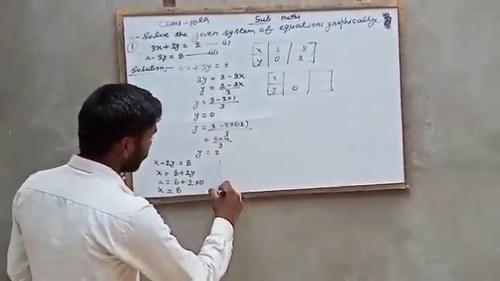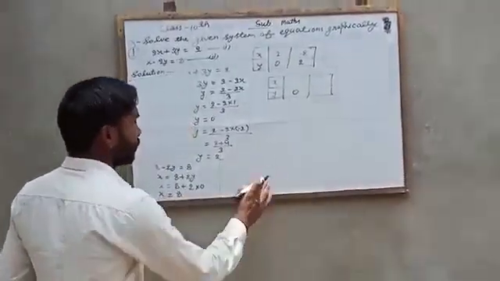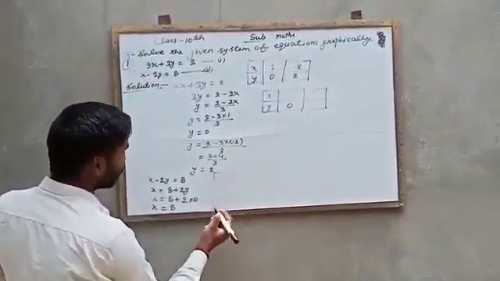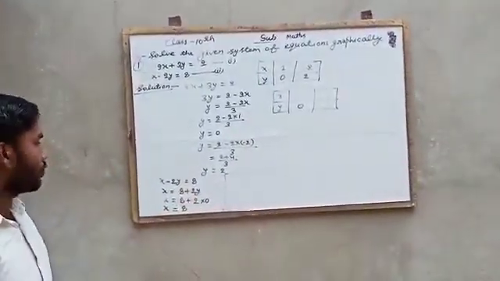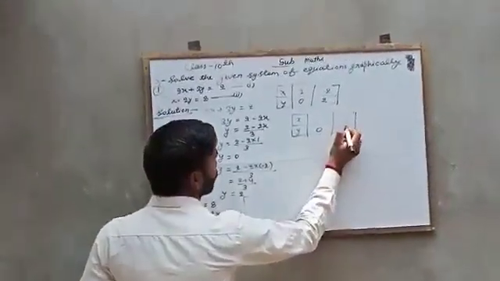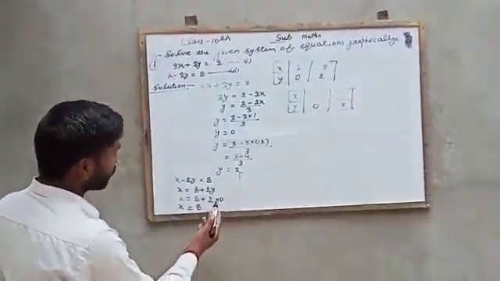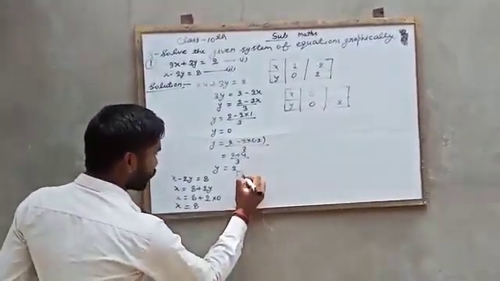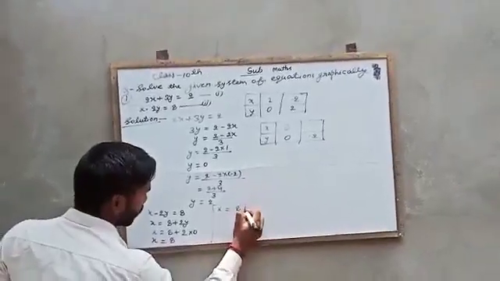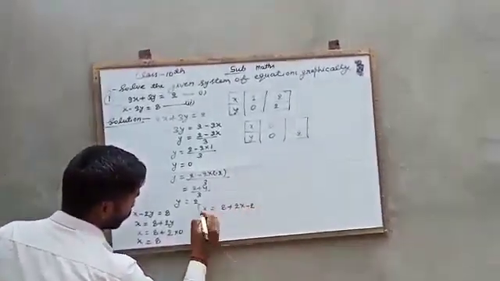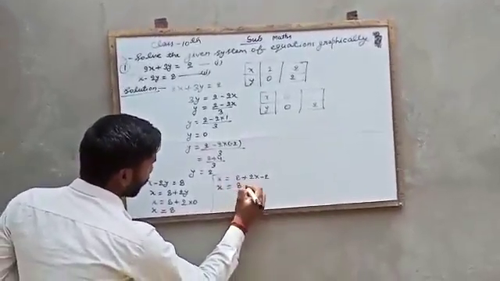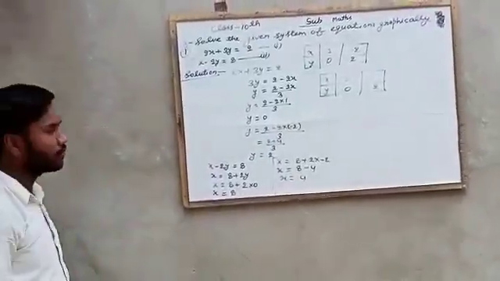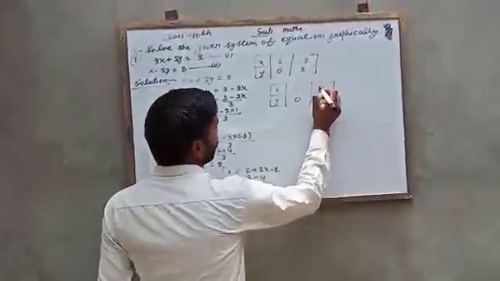I will solve here only because we need to draw a graph here. So again, suppose now we put y is equal to minus 2. So for y is equal to 0, x is equal to 8, and here x is equal to 8 plus 2 into minus 2. So x is equal to 8 minus 4. So x is equal to 4. So here we will put 4.